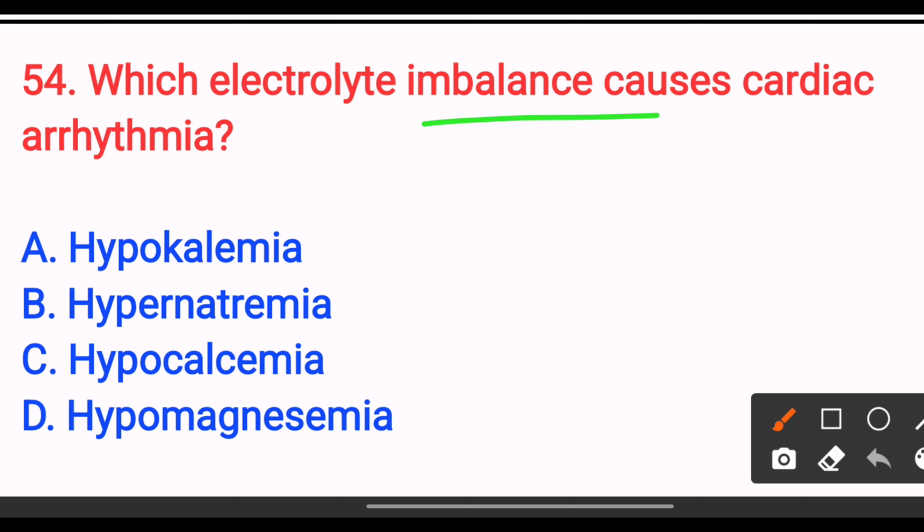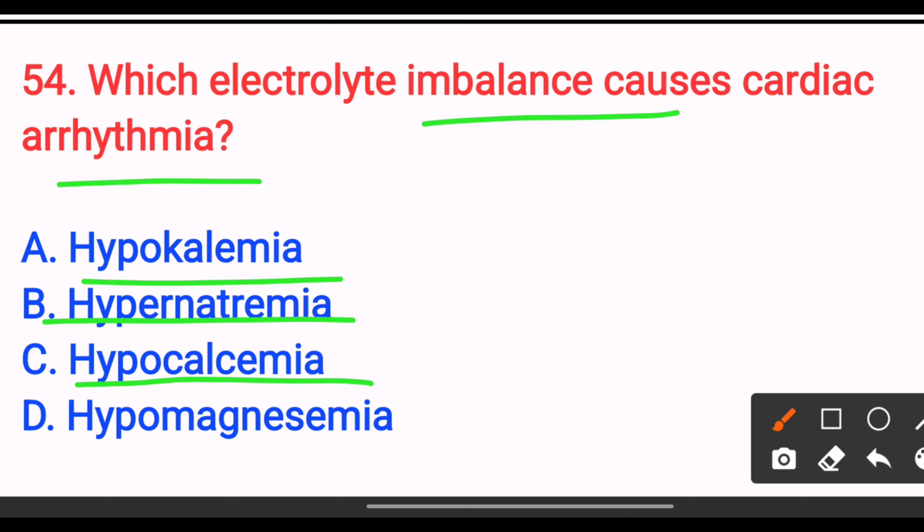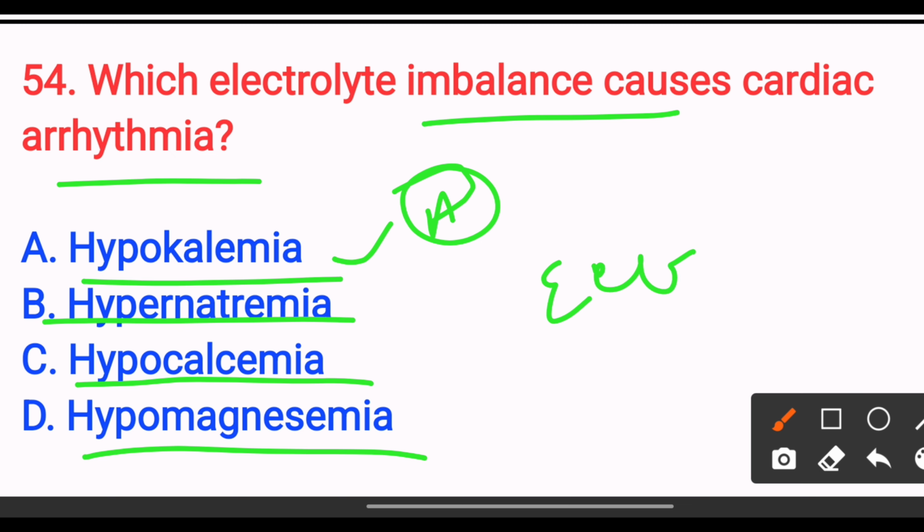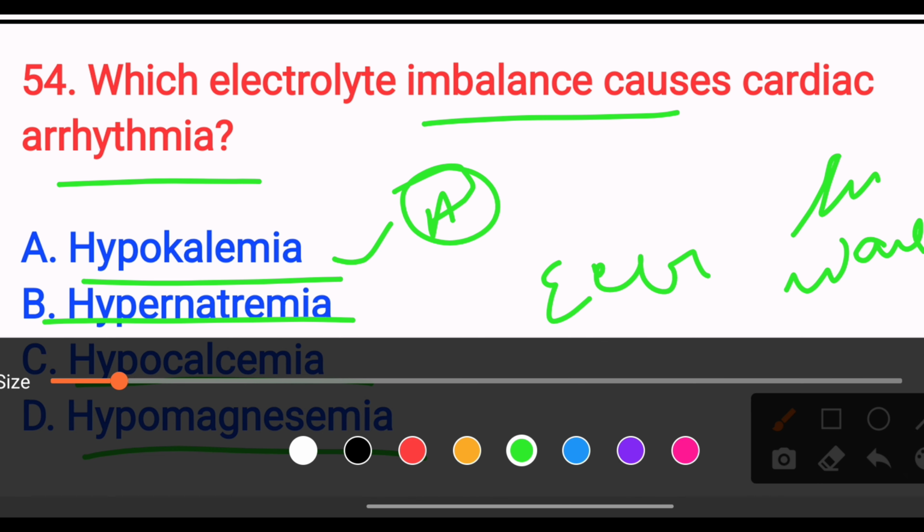Which electrolyte imbalance causes cardiac arrhythmia? Option A hypokalemia, option B hypernatremia, option C hypocalcemia, option D hypomagnesemia. The answer is option A hypokalemia, because low potassium interferes with cardiac conduction, causing arrhythmias, and the ECG will show the U wave. So the answer is option A. Next,